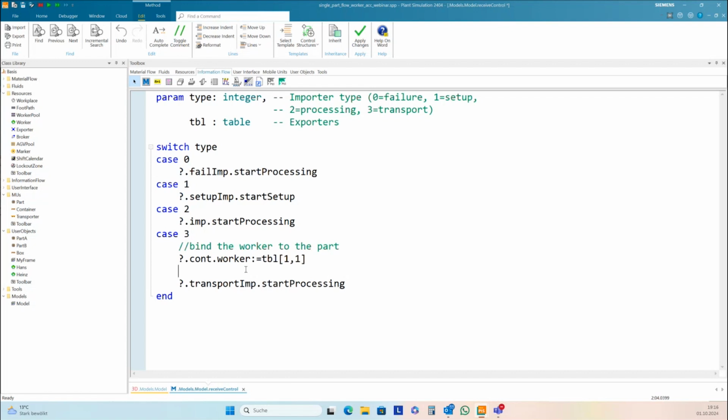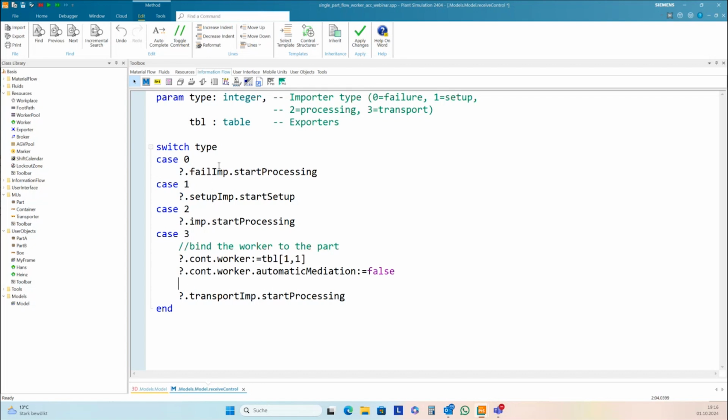And as a next step, I switch off the automatic mediation for this worker. So in the further steps, I need to care about the worker and the mediation of the worker, and not the broker anymore.